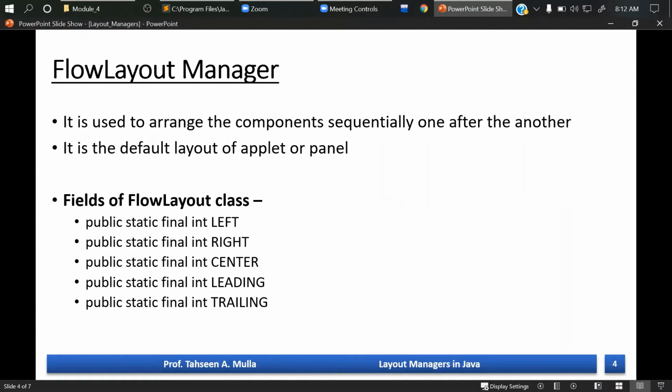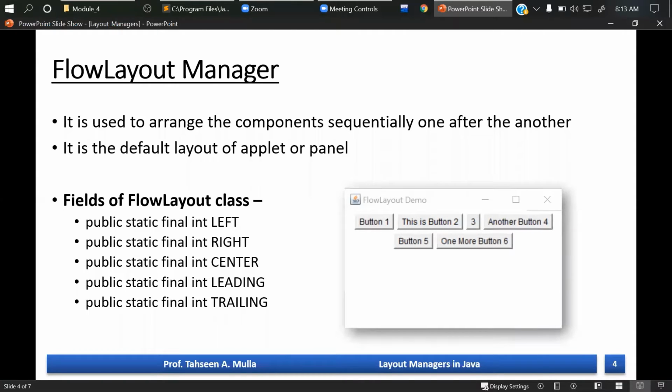If by default we do not want our components to be placed in the center, you can set your layout for this layout manager to left or right. By default it is center, then we can have leading and trailing also, which decide which component is placed first, which is placed next, and so on. These are some of the layout manager's fields, and there are constructors for each of them also.